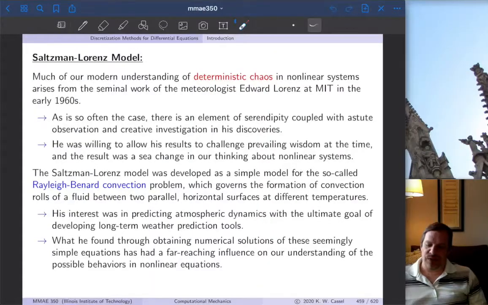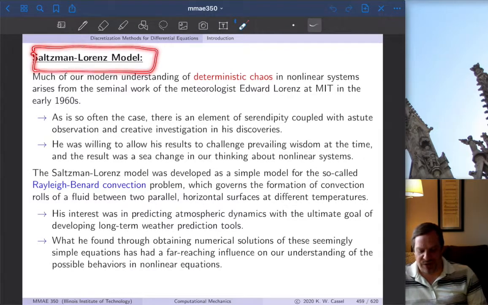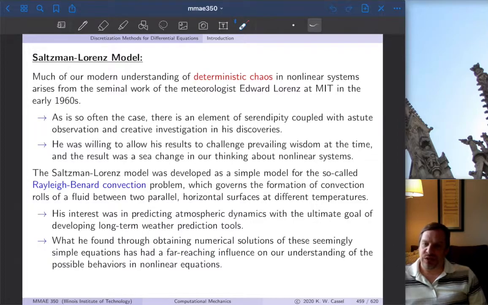We looked at the Mathieu equation and, last time, the forced Duffing equation, and now we're going to look at a third very interesting and fun to play with mathematical model, and that is the Saltzman-Lorenz model. Most people just refer to it as the Lorenz model because he's the one who gets all the credit for